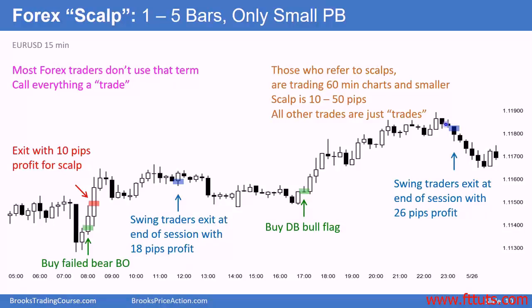We have a bear II, 3 or 4 pushes up, 1, 2, 3, and then larger, 1, 2, 3, larger, 1 or 1, 2, 3. A nested wedge, and at the end of the session, the bars are getting small, becoming dojis, and then we have a bear II. So the swing trader would get out here, and he made 26 pips profit, more than a 10 pip scalp,